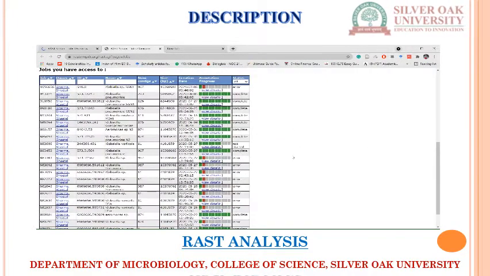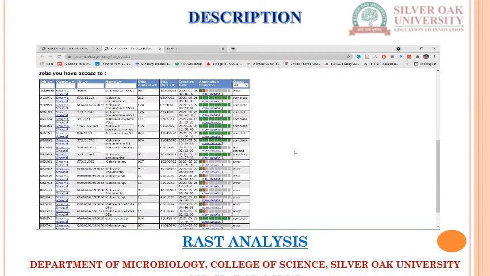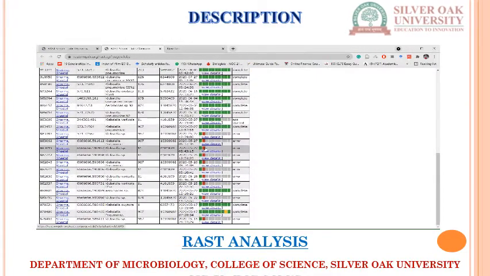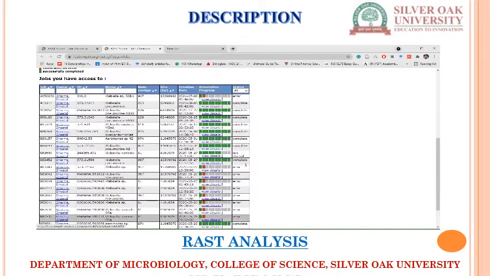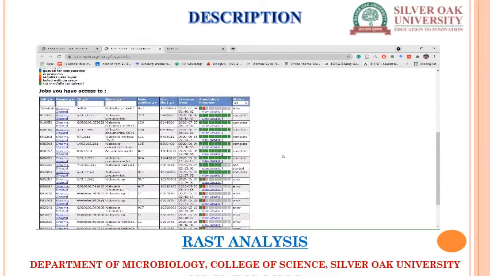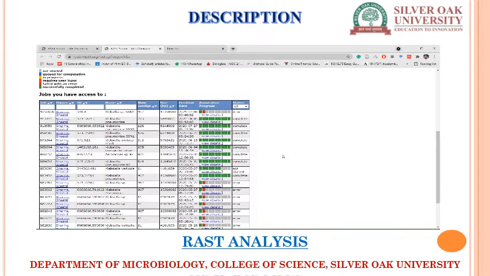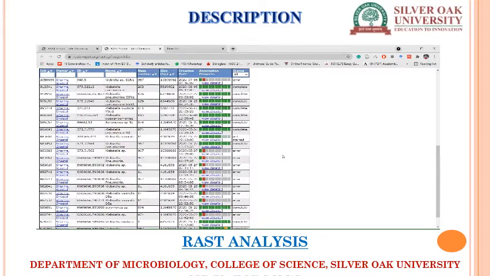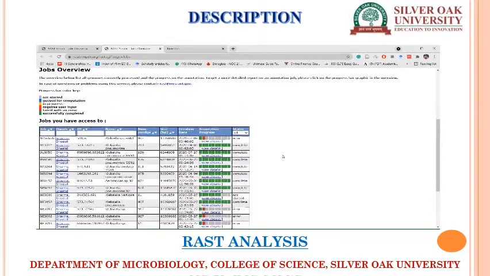I have submitted many jobs earlier. Whenever you submit a job and the status turns red, it means there is an error in your job and the sequence was not accepted. This is the main thing to always keep in mind.